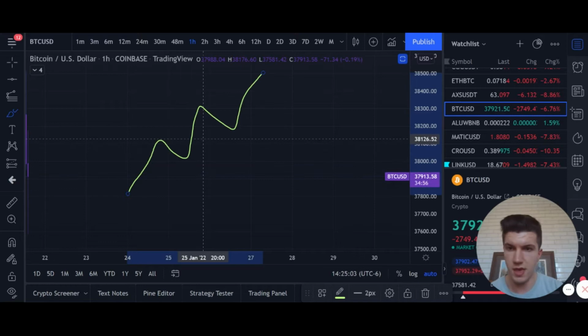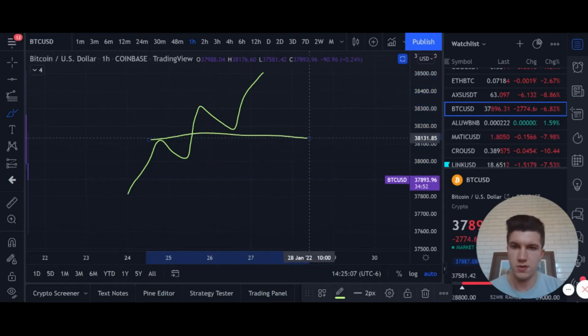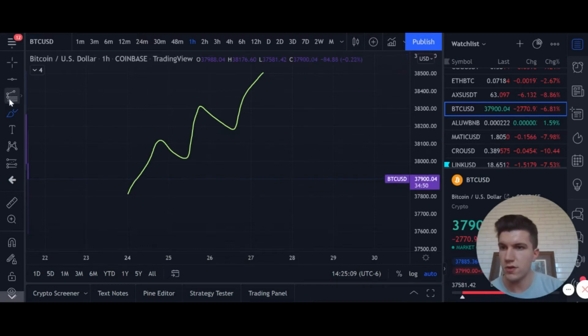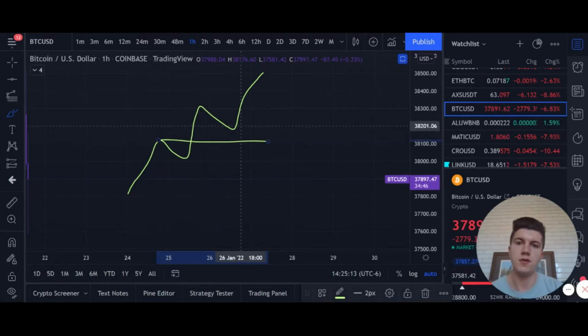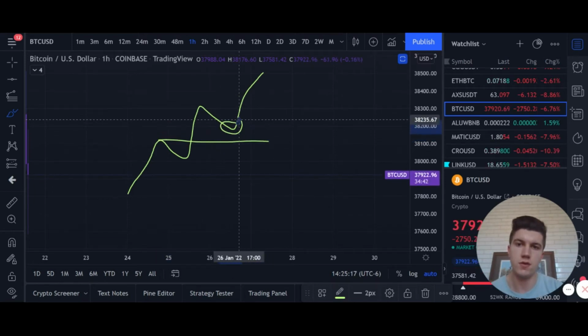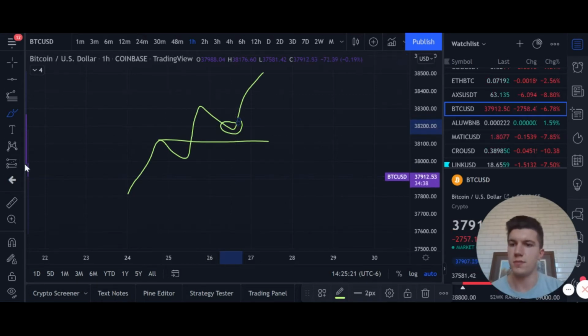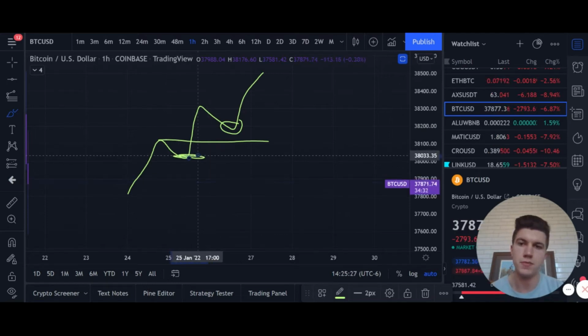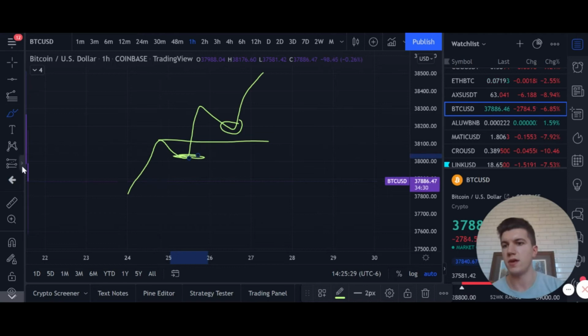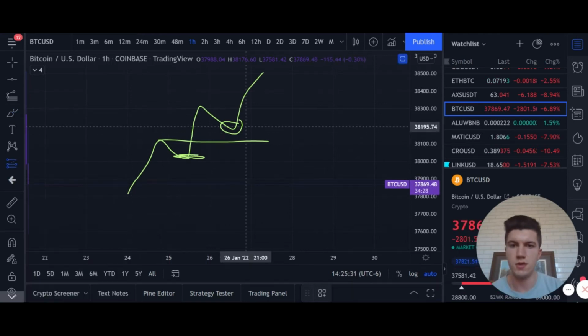Say that you have a horizontal line right here, and you base your entry on this price right here. So this is when you enter. A stop loss can be put right below that previous lower low, and your stop loss is determined,